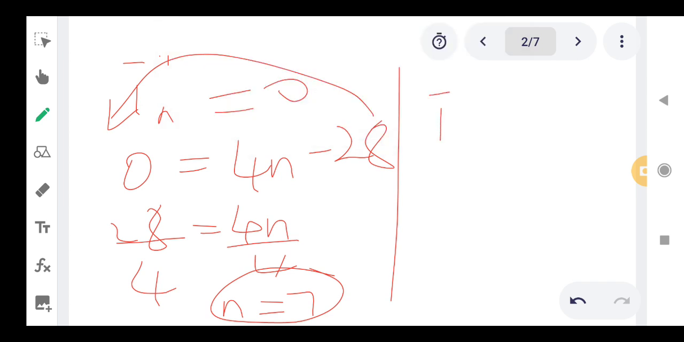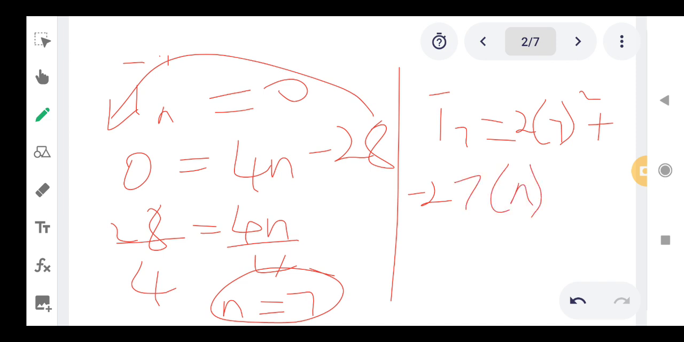The smallest term is going to be equal to T7. Everywhere we see n, we're going to put 7. So we'll have 2 times 7 all squared, and then what does the formula say? Minus 28 times n, and n we know is 7, so we put 7 here, and then plus 87. Then we type this in our calculator. It says T7 is going to be equal to minus 11. By the way, this is one way of